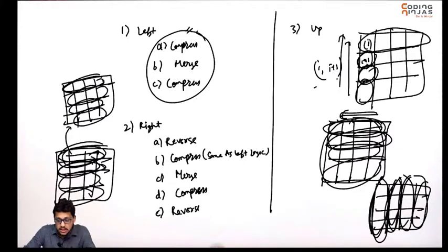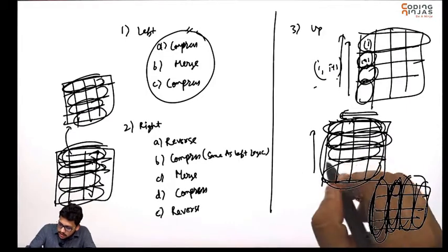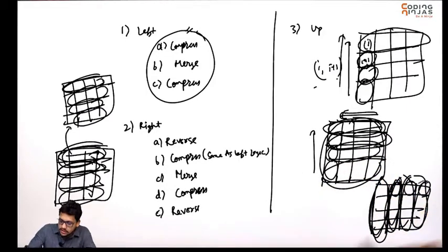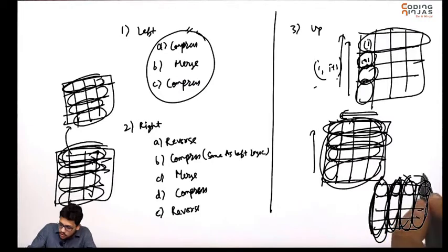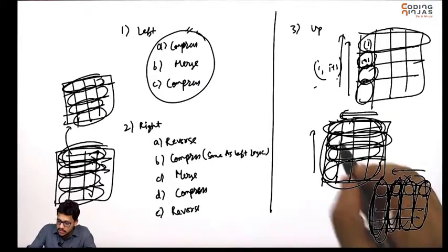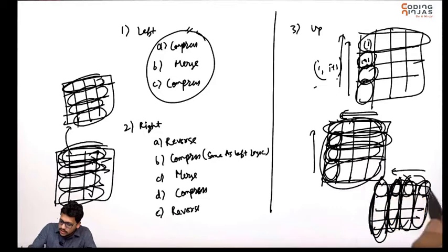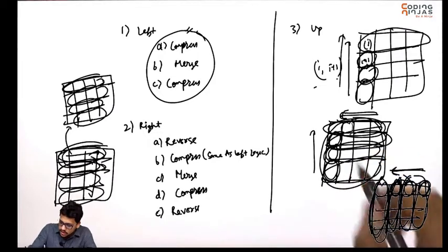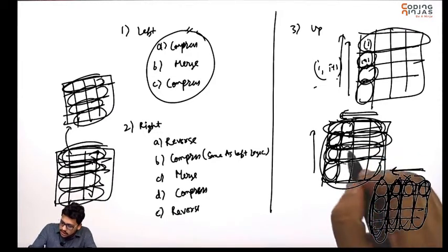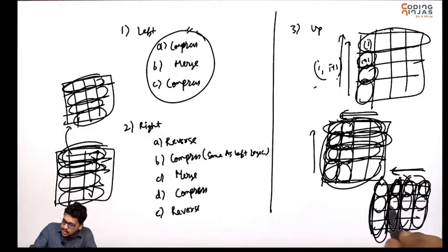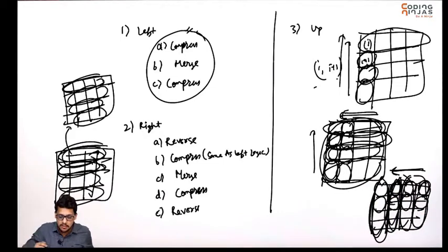Now, since this has happened, in up movement you were applying like this. This element is here, this element is here, this element is here, so you can apply the left move now. Because this element is here, this element is here, this element is here, apply the left move. This element is here, this element is here, this element is here, this element is here, apply the left move. That will be the same logic. That means apply compress, merge and compress, that will be the same thing.